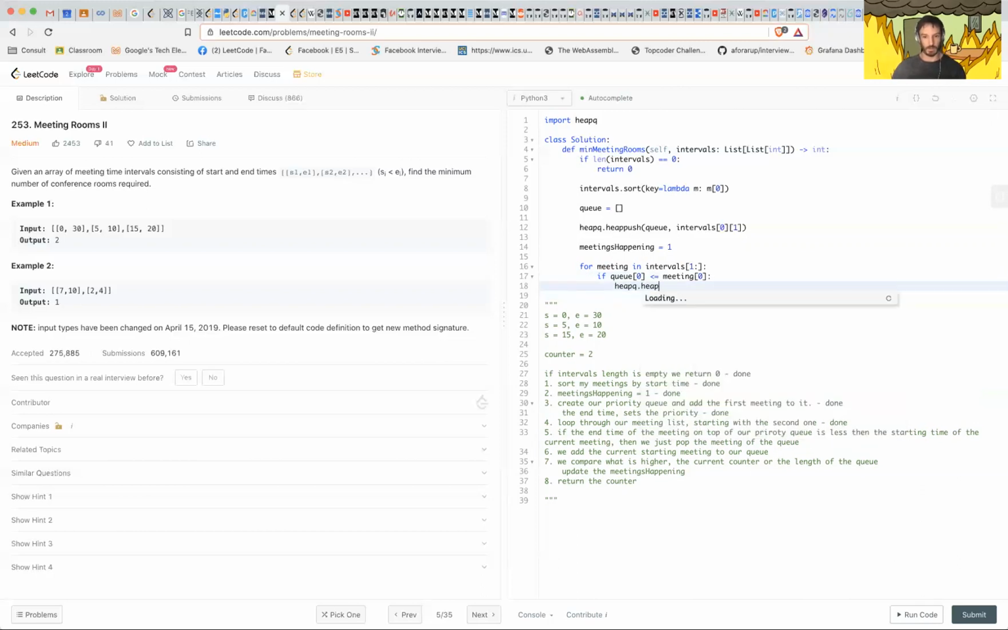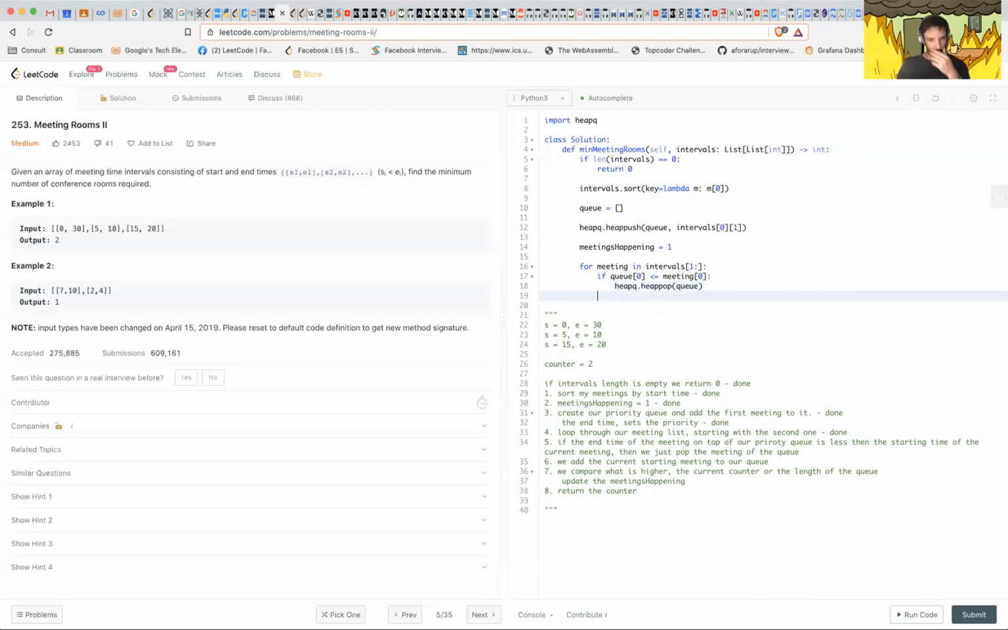So I can do that. Heap pop queue. Heap pop, heapq.heappop. Yeah, if you pop, you're always popping the top one. So if the top one is less than or equal, that means the meeting is over, so I can take it off my queue, right? And in here, I'm just gonna add the current one,